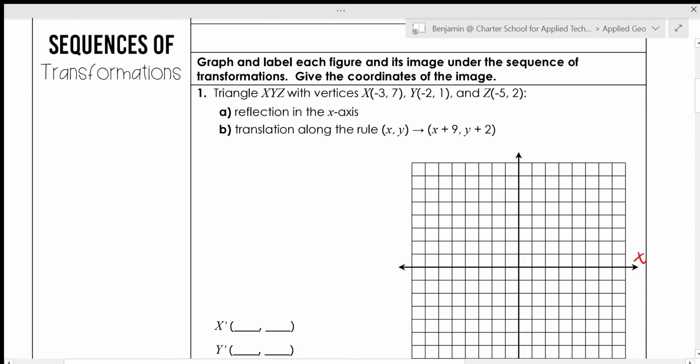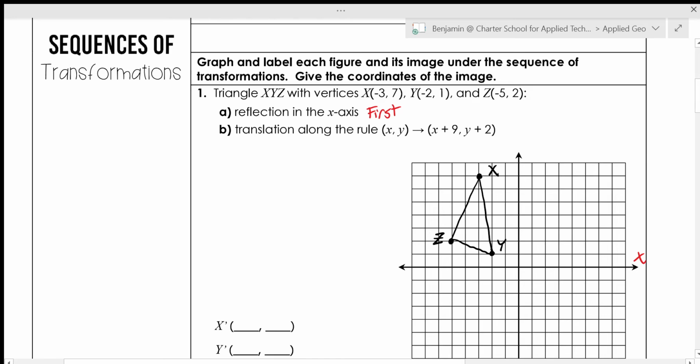So we're talking about triangle XYZ with vertices of X is left 3, up 7. There's X. Y is left 2, up 1. There's your Y. And Z is left 5, up 2. And that is Z. If I draw the triangle, there you go. So the first thing we're going to do is the